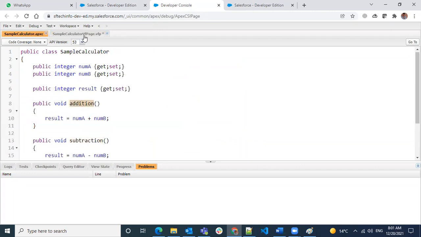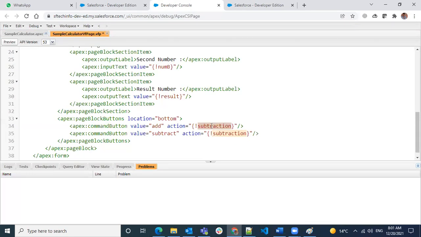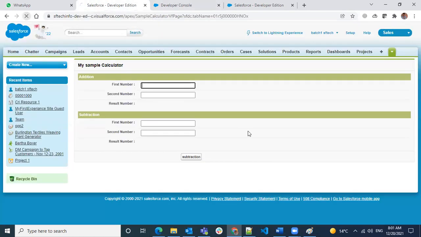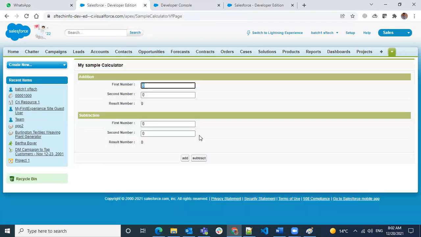I want to keep two buttons. Okay, and subtract. So if I give some number over here and do an add, it will give a